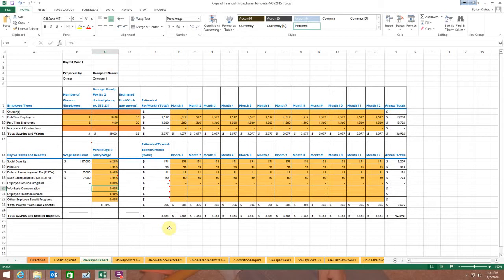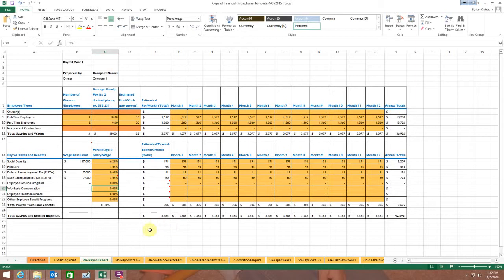If, on the other hand, you're in logging and you've got employees, nobody chose logging for this project, but if you were, your workers' comp would be very high, maybe upwards of 100%, because it's a very risky occupation. So kind of go through. I'm not going to make you look that up. If you want to, you could search for it and see what you can find, but plug in a percentage there based on what you think your business is in terms of risk